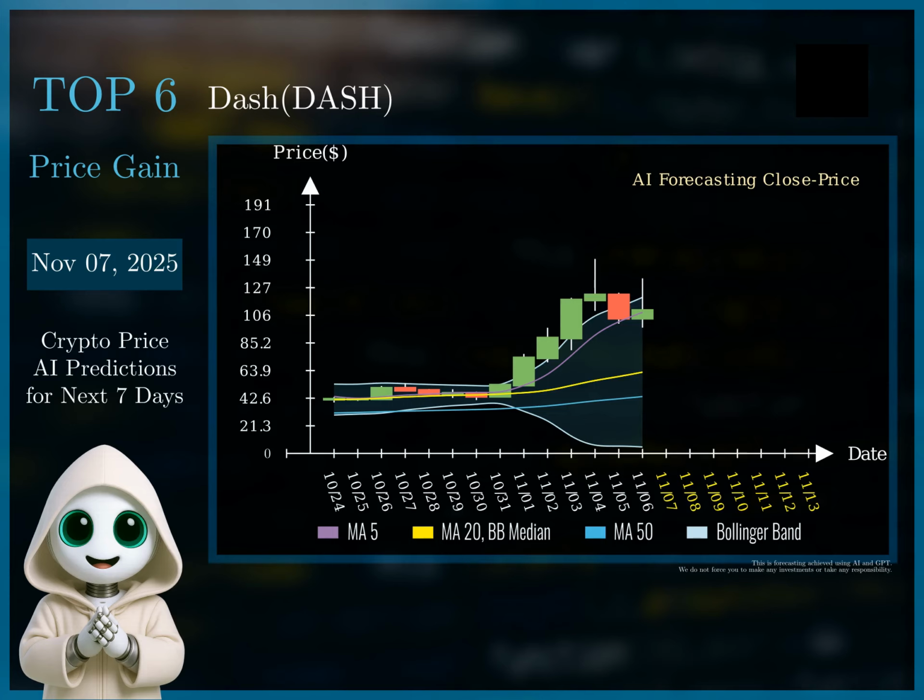Given this context, I recommend a long position strategy. Specifically, enter a long position at $114 on November 13, 2025, with a stop-loss placed at $104 to manage risk. The target price should be $122, aiming to capitalize on the ongoing upward trend. To refine this strategy, we can incorporate RSI and Bollinger Band signals.